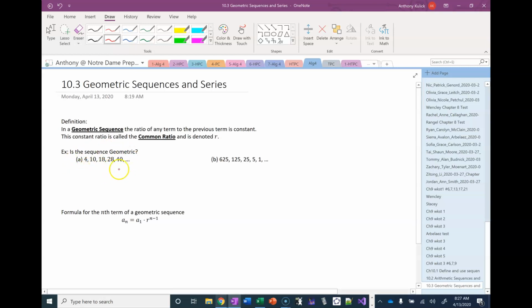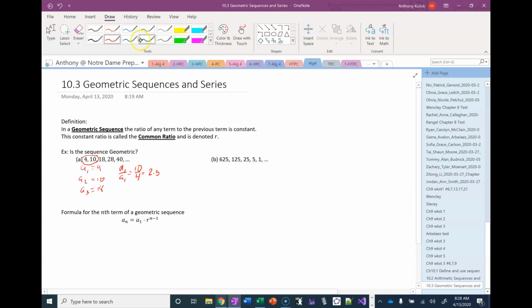For the sake of our example, I'm going to name each term in this sequence. I'm going to say A1 is 4, A2 is 10, A3 is 18, etc. So for this to be geometric, the ratio from one term to its previous term must always be constant. The first ratio we can write is the ratio between 10 and 4. So we have A2 over A1. That first ratio is 10/4 or